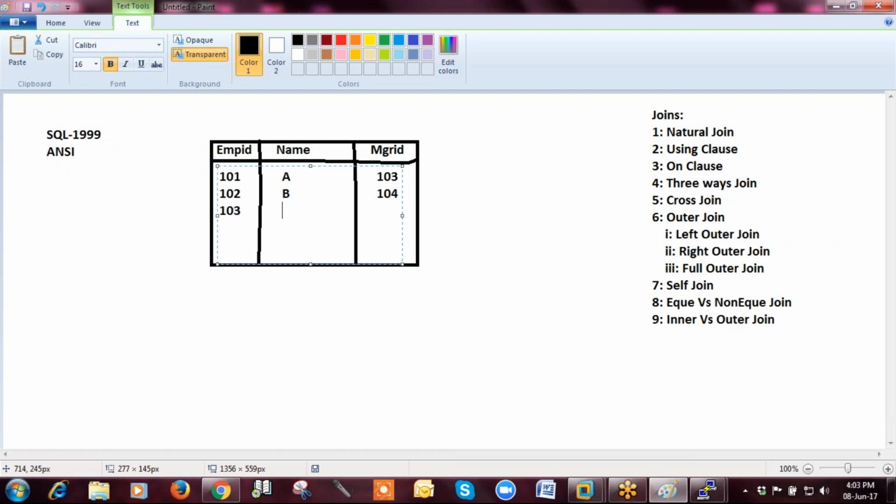Next 103, C, 105. 104, D and 101. 105, E and 102. 106, F.